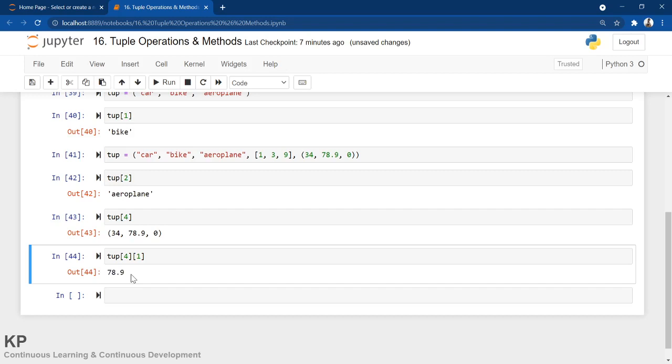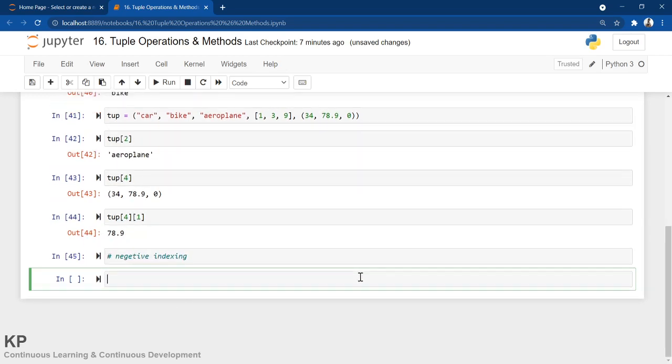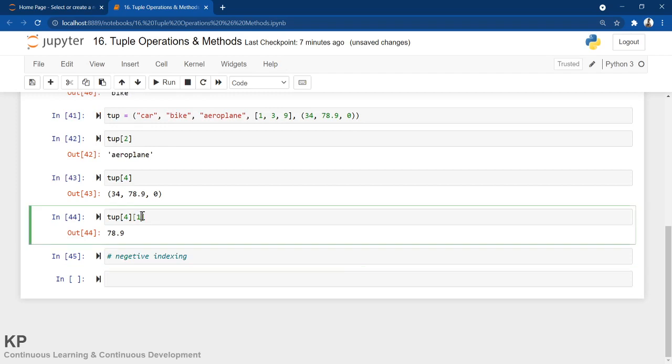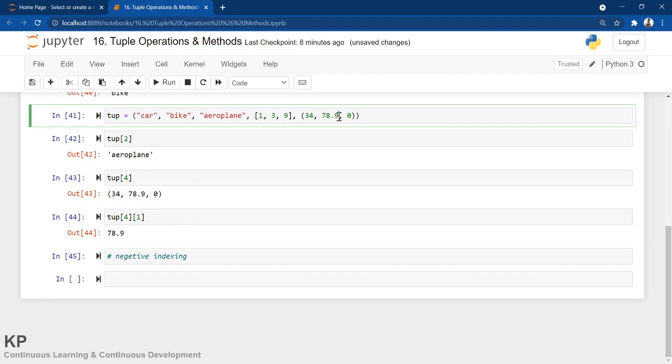Okay, one more thing I can say, negative indexing. Let me write negative indexing. So what I mean by negative indexing, see here, these all positions are positive integers. So can I use negative integers? Let me show you. Same thing, suppose I want to access 78.9. How can I access that? Using negative integers or negative index numbers.